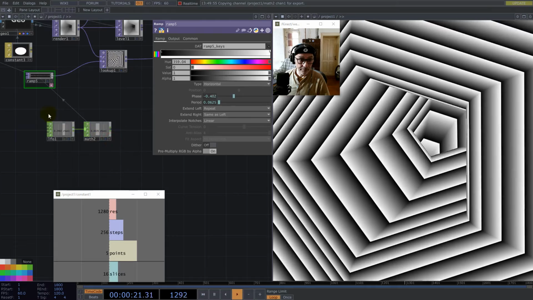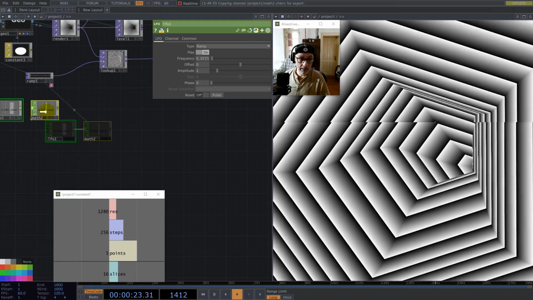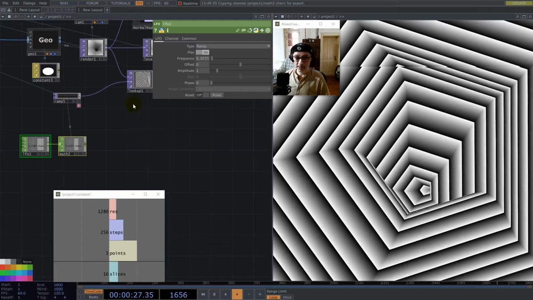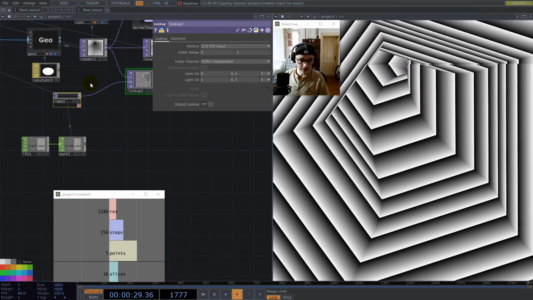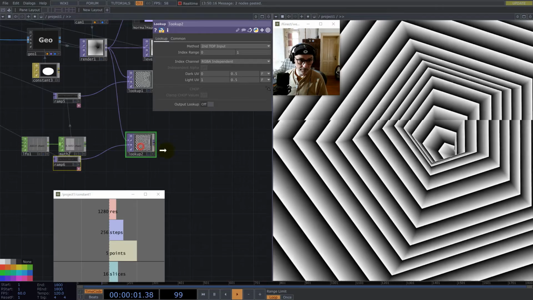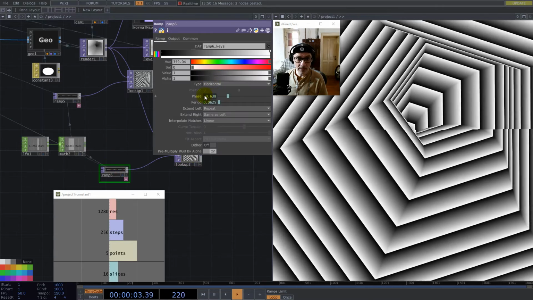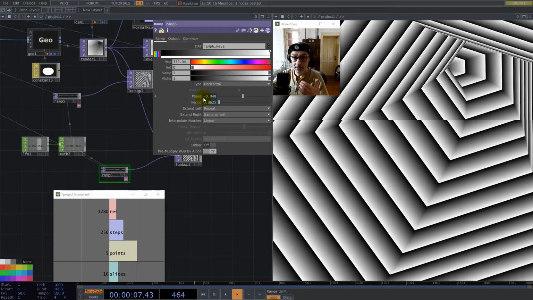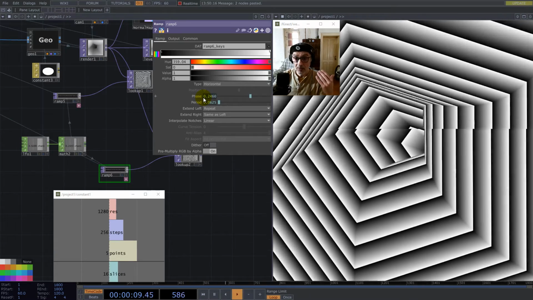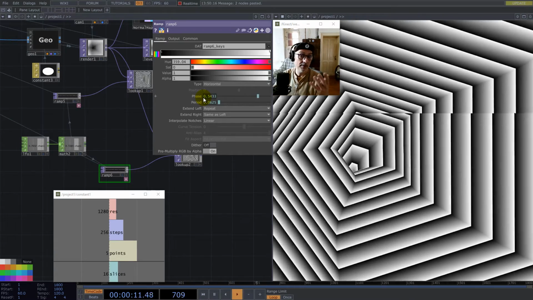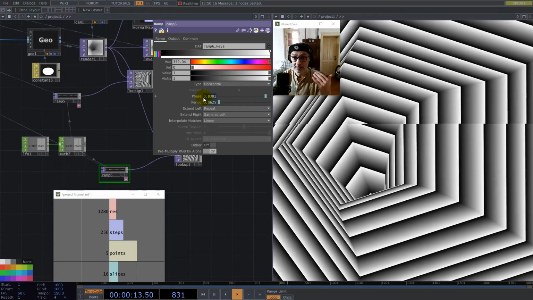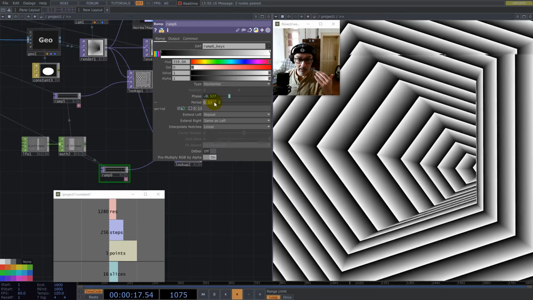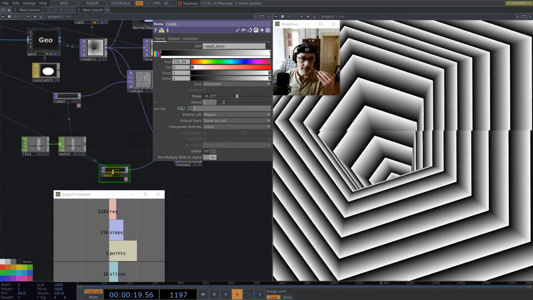Okay, for the colors, I like to use another lookup actually. So let me copy this. Okay, I copy this because the phase is good. I want to have the same phase, because the stripes will move and the colors should be moving with the same speed. So, but for the period, I go to 1. Okay, and